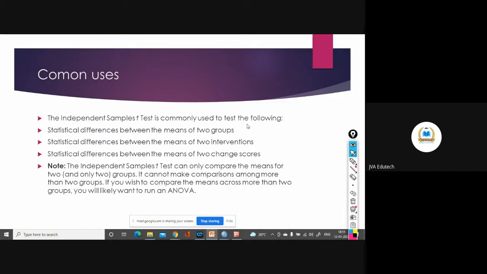So like this, you can create different groups and you can understand whether there exists a significant difference or not.